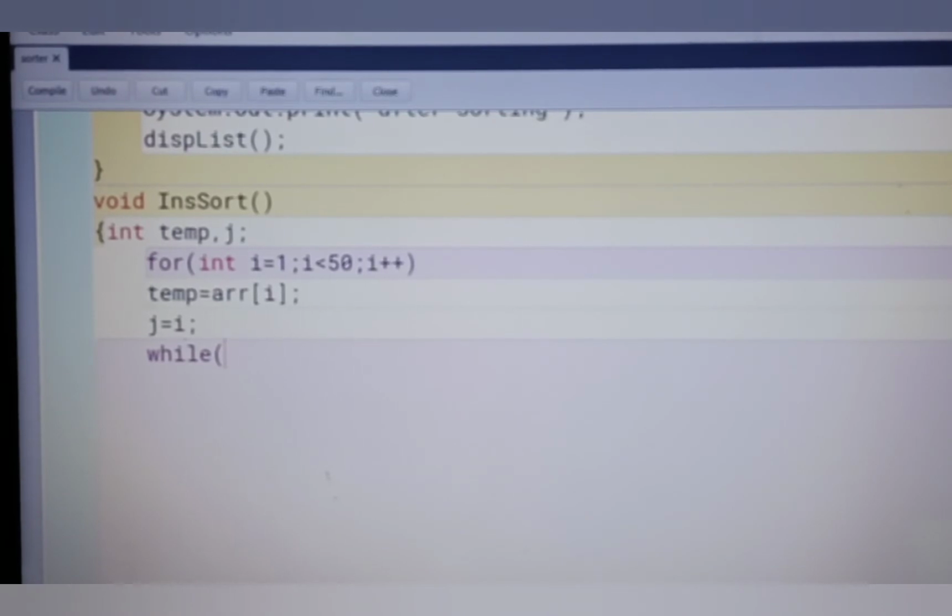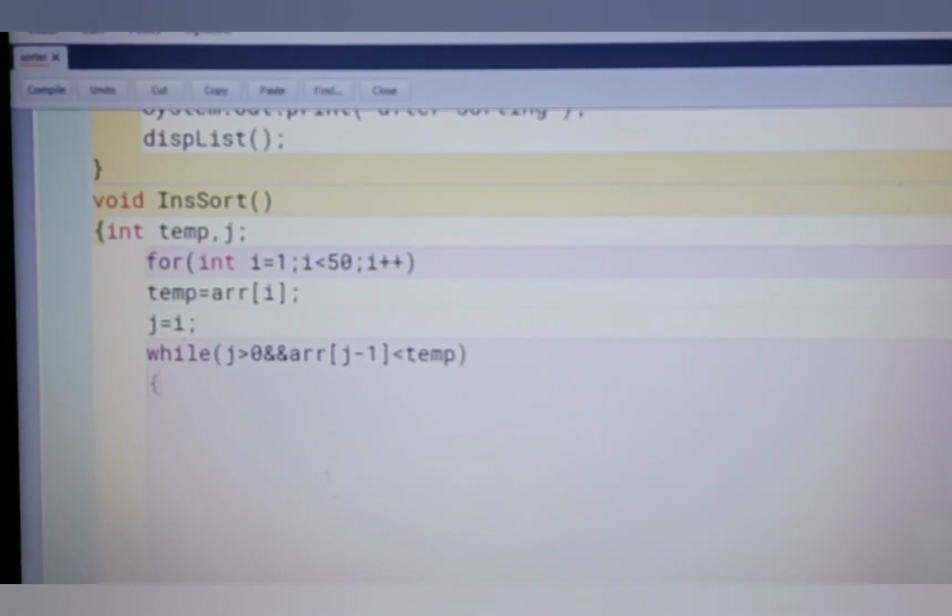In this loop there are two conditions. The first condition is j is greater than 0, which means this loop repeats until j is greater than 0, and both conditions should be true. And array of j minus 1, since it's a descending order, so j minus 1 less than temp is the condition.